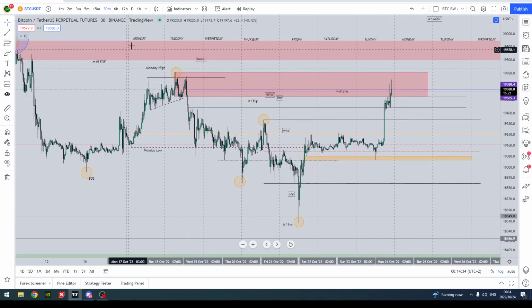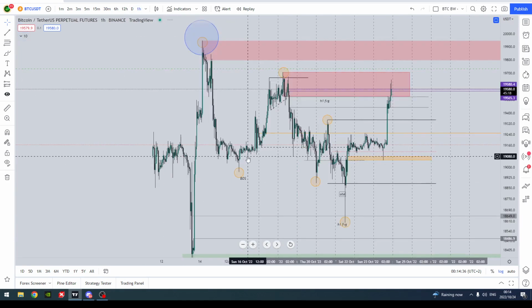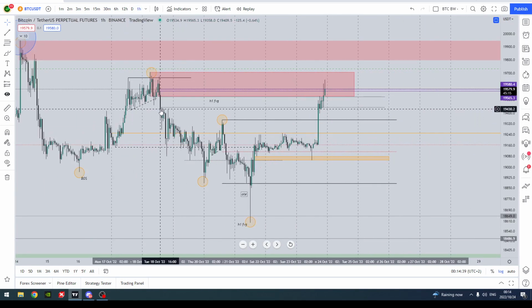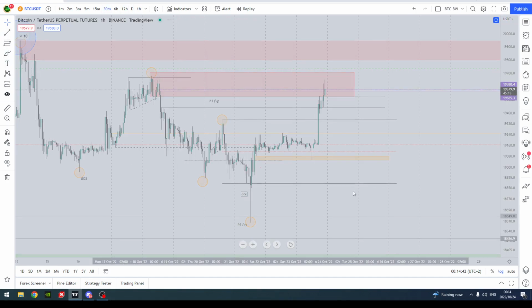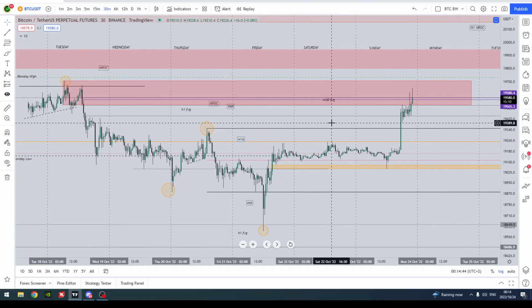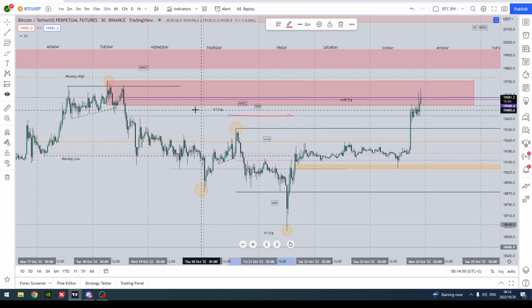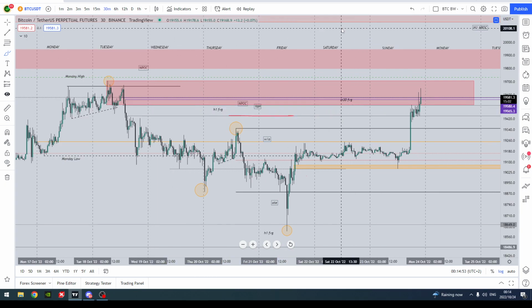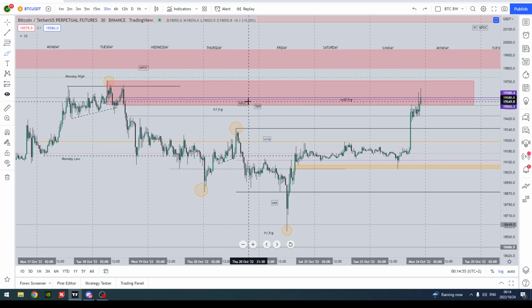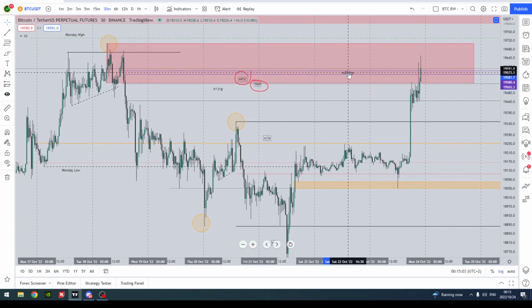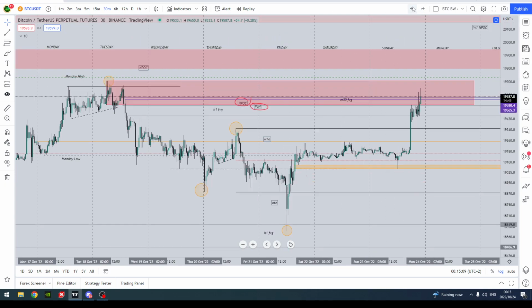Now, I think this is an H1, let's just double check that. Yeah, so H1 order block, which we are in currently. Within the H1 order block, we have the H1 fair value gap, which I've marked in here. We had a naked point of control and a previous value area high. And on top of that, we have a 30-minute fair value gap, right? So there's a chance that we do react off these levels lower,